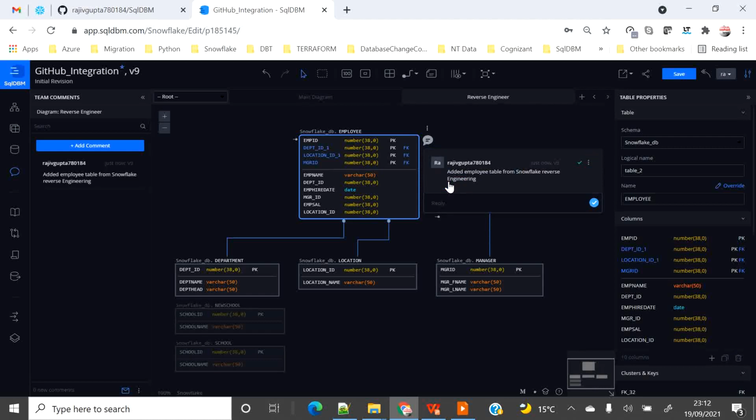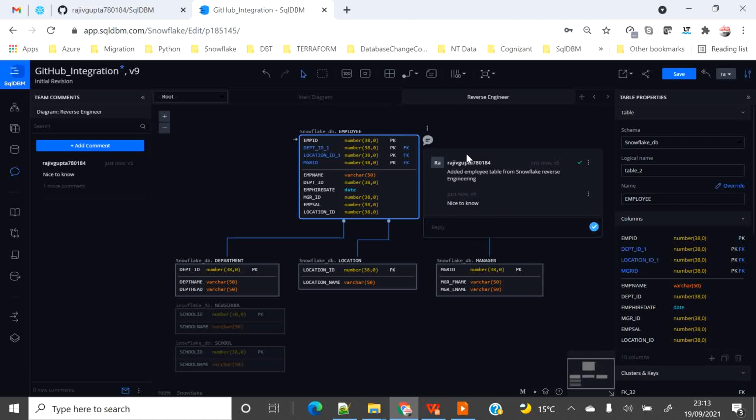At the same time, if this ER diagram has been shared or is being used by other people, they can also reply to this here like a chat. They can add a reply, and then their name will be posted against it.